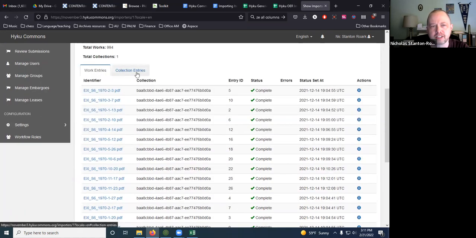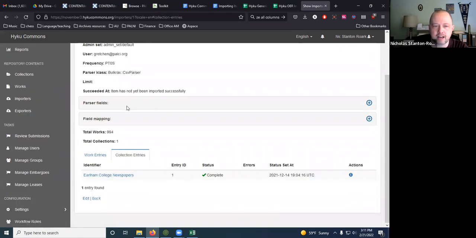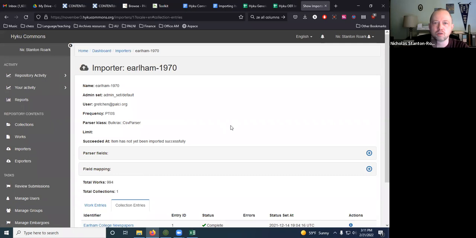But you can see the works listed there. You can, when you import a work, associate it with either a new collection that'll be created by the importer or existing collections that you already have in the system. If you do that, then you'll have a tab here for collection entries and the same sort of reporting there. Now,